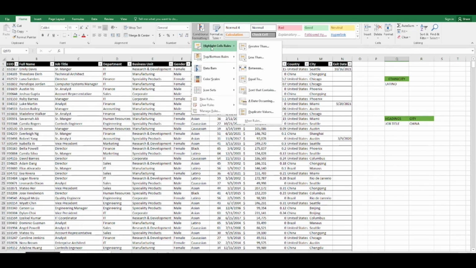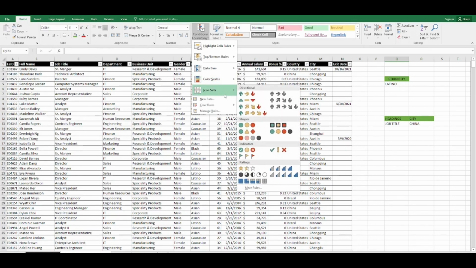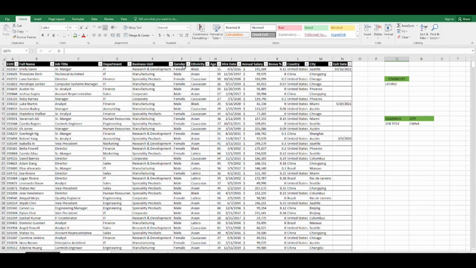Under the Highlight Cell Rules we have greater than, less than, between, equal to, text that contains, a date occurring, and duplicate values. Then we also have Top/Bottom Rules: top 10 items, top 10%, bottom 10 items, bottom 10%, above average, below average. And we have data bars, color scales, icon sets, new rules, clear rules, and manage rules. Okay, so to start,